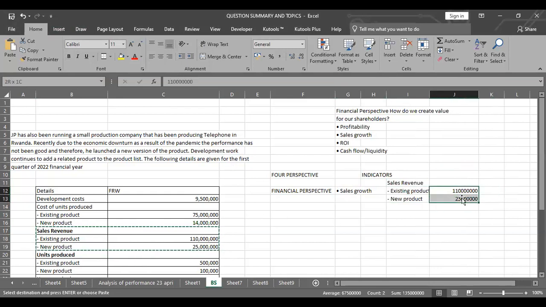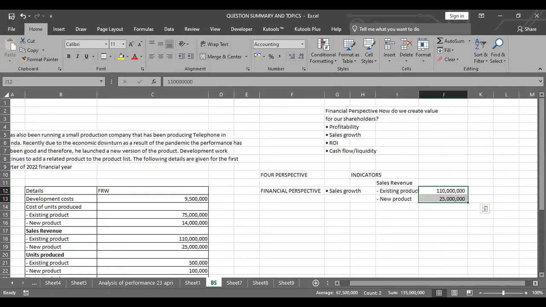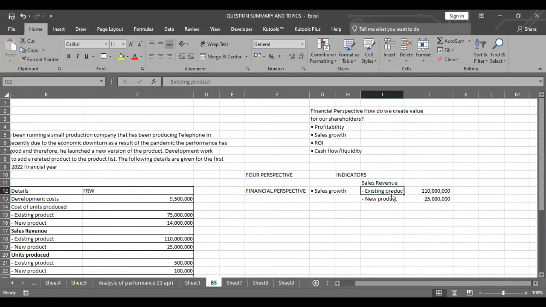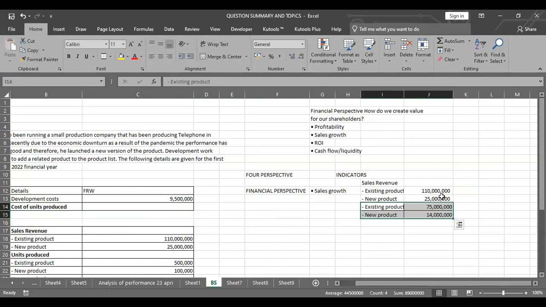Is it growing or is it reducing, from the new and the existing? So there is existing. If you check the existing, you could easily comment on that and be able to check what it is. So the sales growth is that. There is also cost per unit. We can also use cost per unit to get the gross profit. So the intention is we also have something of this nature.